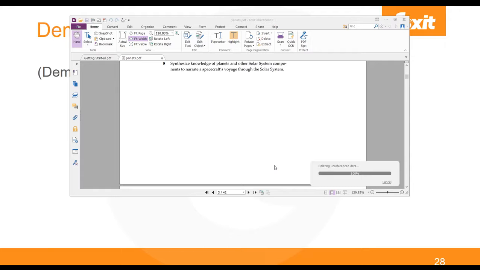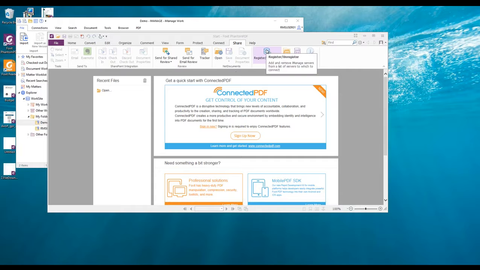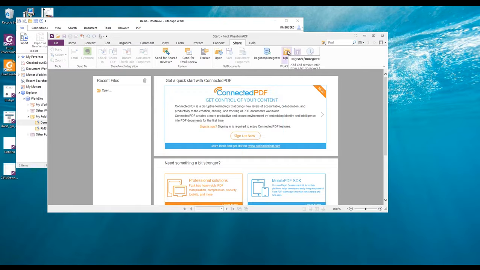So as you can see within Phantom PDF, we offer a very quick and simple integration to open and save files to simple consumer solutions such as Dropbox. Now, in terms of more business-oriented solutions, such as, for example, iManage Worksite, you may have to go through some more configuration steps, such as setting up a server and registering. So for iManage, you see I already have a server set up. I'm logged in as a user, and I'm connected.